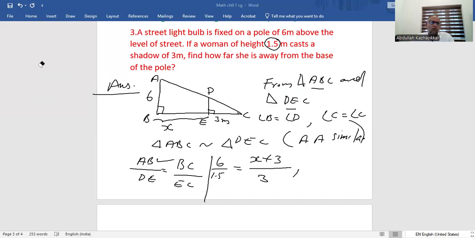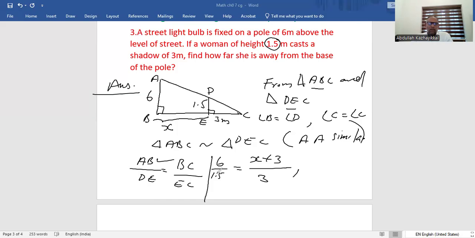All of you change this one to 1.5. So 6 by 1.5, x plus 3 by 3. Okay, 6 by 1.5 means